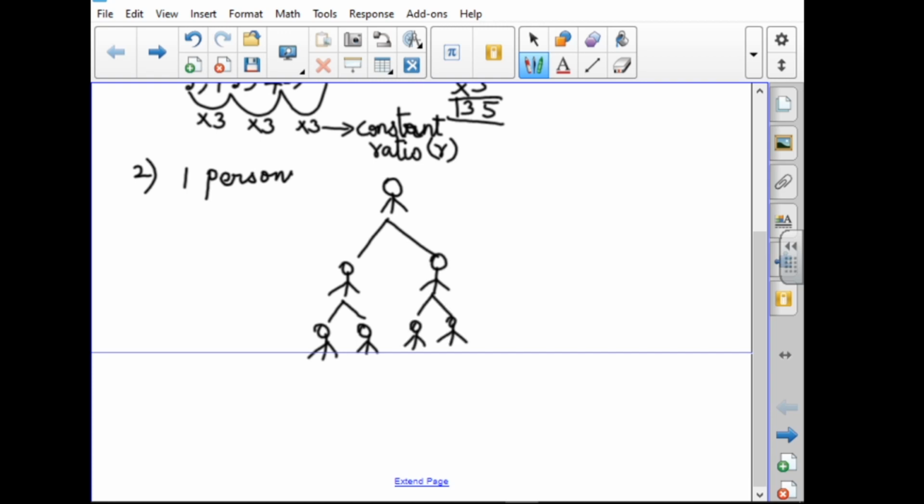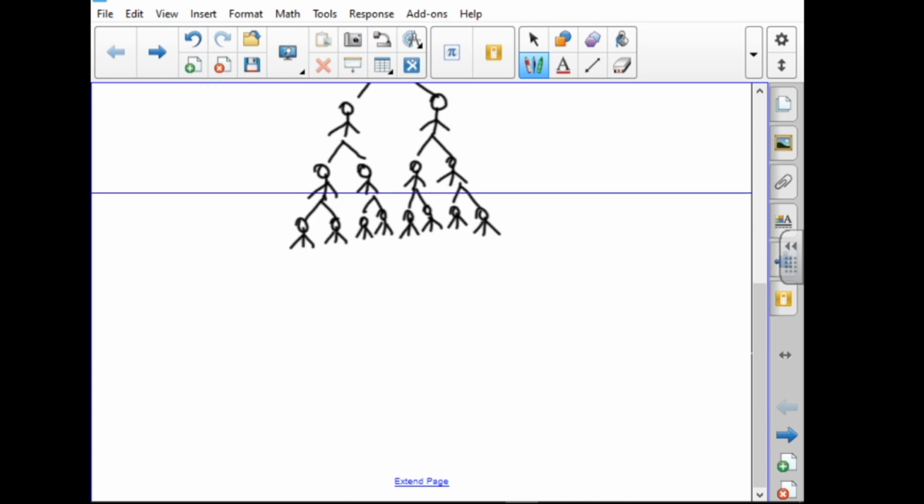For the fourth stage this one person spreads the disease to another two persons, this one another two persons, this person another two persons, and this person also another two persons. So in the fifth stage each person will spread the disease to another two persons. So it is increasing order. Here the constant is that each person spreads the disease to two persons. The constant equals 2, that is the ratio R equals 2. This is known as GP.